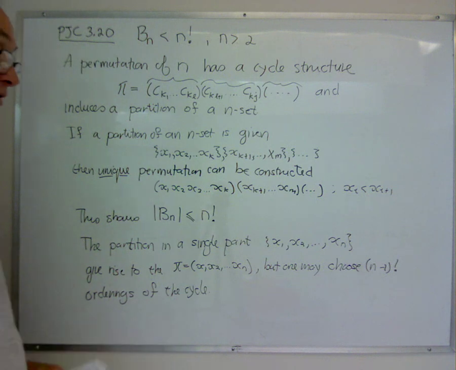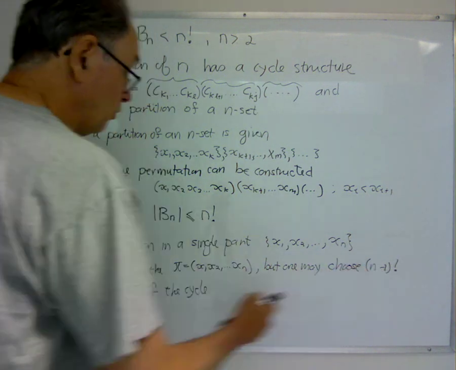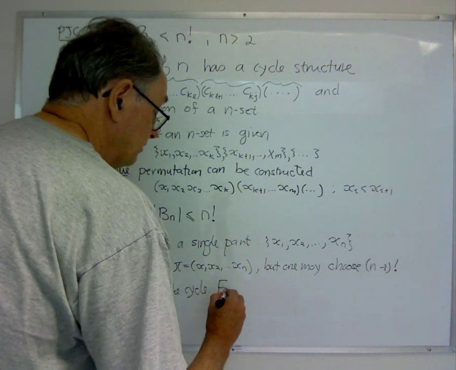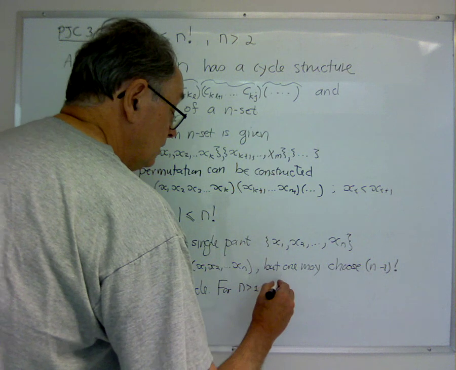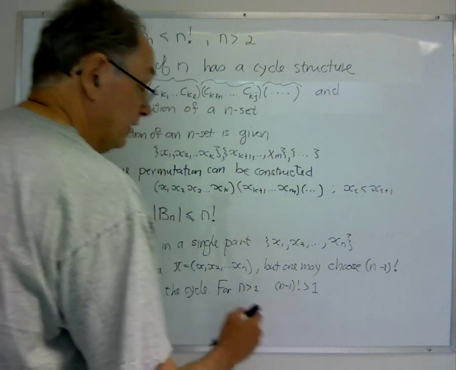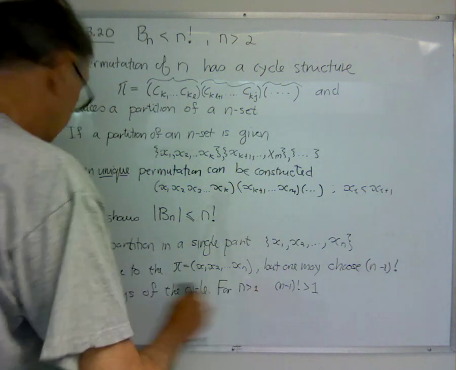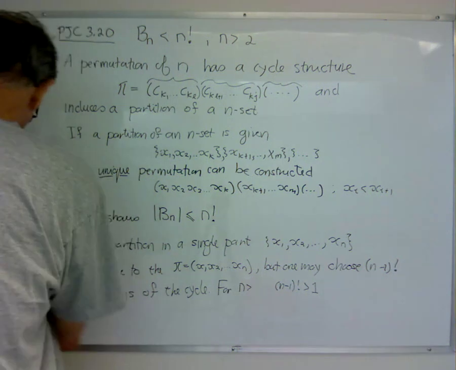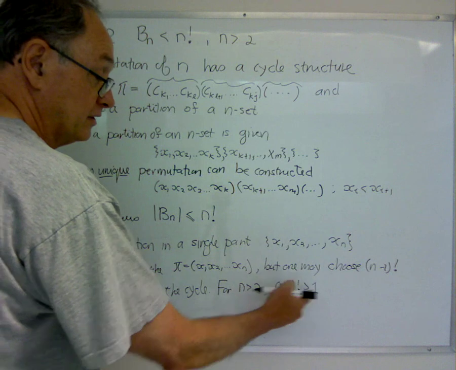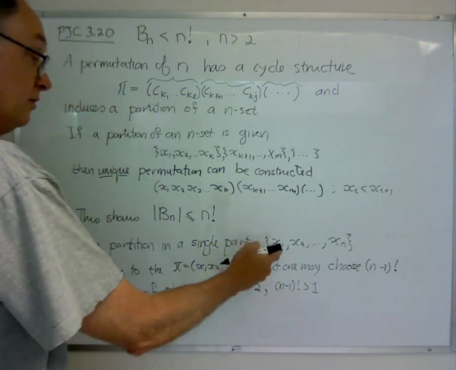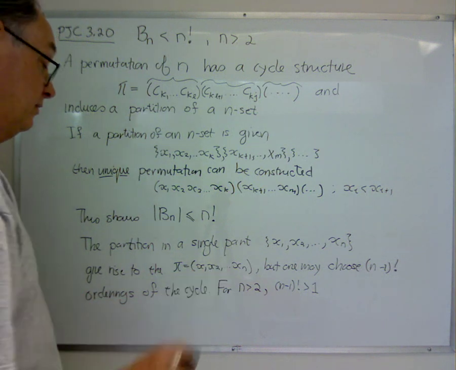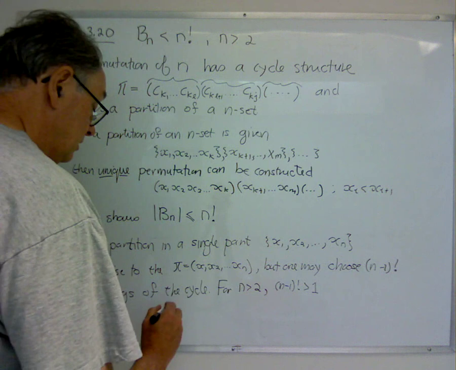So when is this bigger than 1? If this is equal to 1, of course, then you still haven't proven that. But you notice that for n bigger than 1, n minus 1 factorial is bigger than 1, right? If this is bigger than, oh sorry, bigger than 2, if n is 3 or bigger, then this is bigger than 1. And so this single part gives you only 1 out of n minus 1 factorial possible permutations, in which case